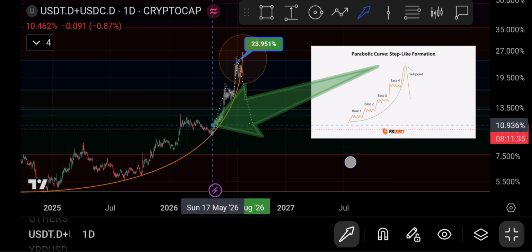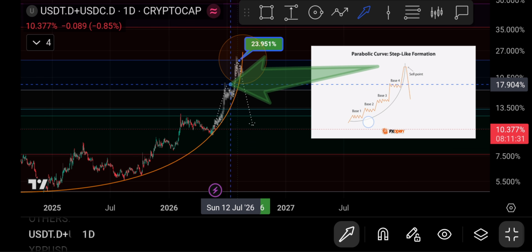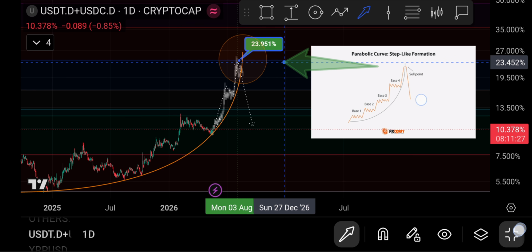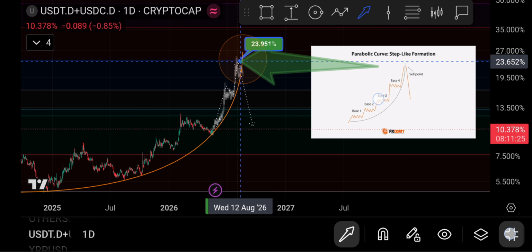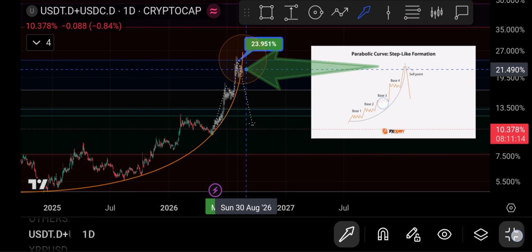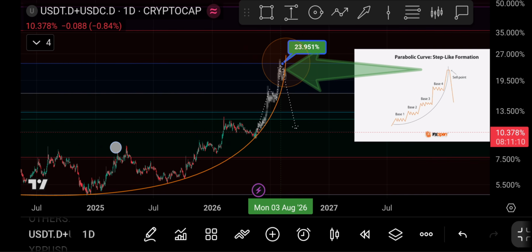And this is inversely correlated with Bitcoin, which means that if we have these two impulse waves to the selling point, this could be the maximum entry point for Bitcoin, for MicroStrategy, and for Metaplanet. This selling point is exactly the V-shaped recovery that we could have on Bitcoin, because this is, let's say,